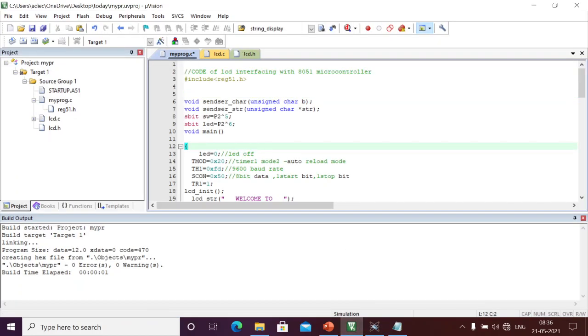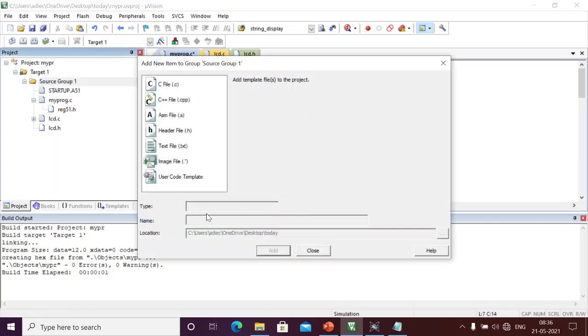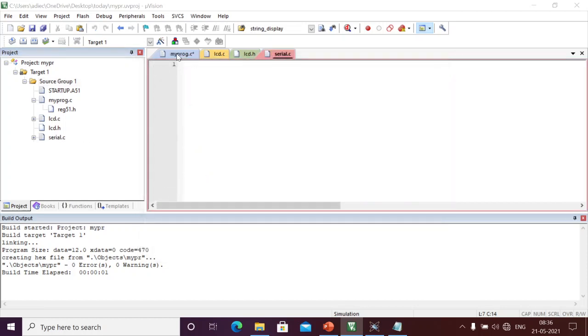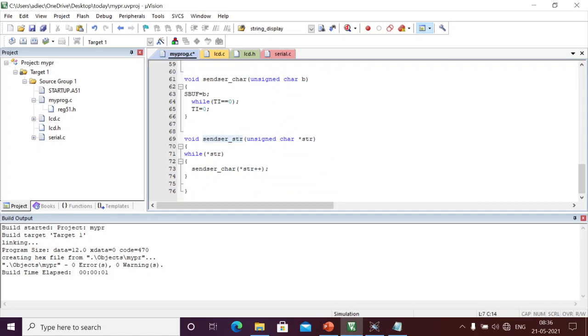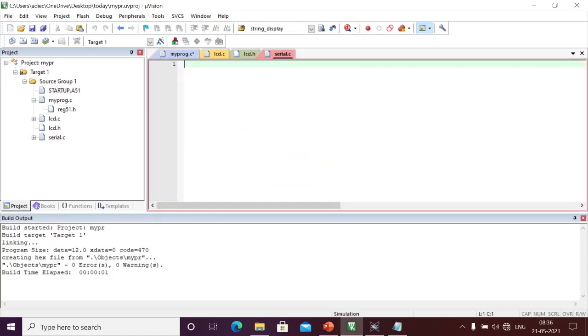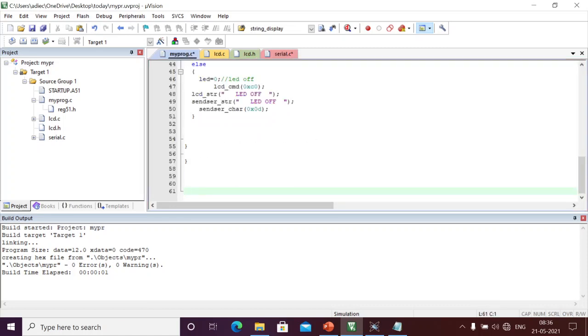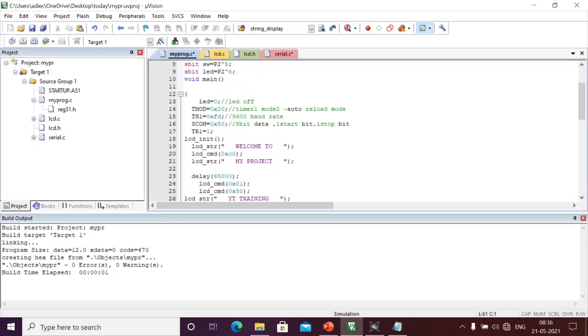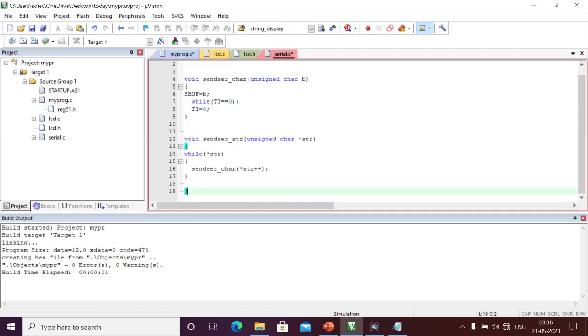Here we completed the LCD. In a similar way, for the serial port I am going to take one more .c file. Here we should take a .c file. We should type serial. I'm taking serial.c now, and we should move the definitions to here. Here I have only two function definitions that I am going to move, and also the initialization. Here we already moved the LCD initialization. This we can call serial initialization. That's why I'm just cutting this piece of code.